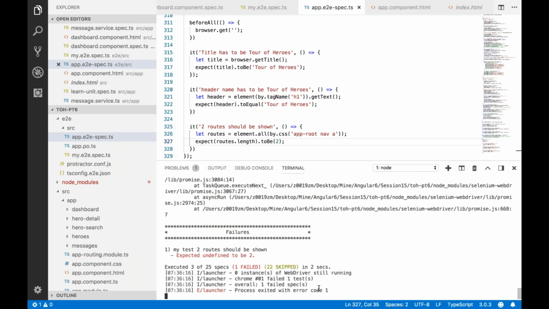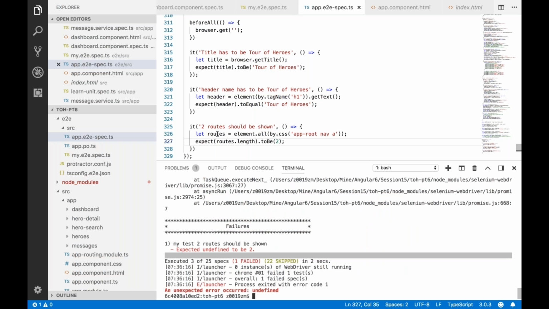Okay, one test got failed. Expected undefined to be true. So somehow we got this output as an undefined. I'm not sure why, but yeah, this is what happened. So we got this as an undefined. Maybe I have to say